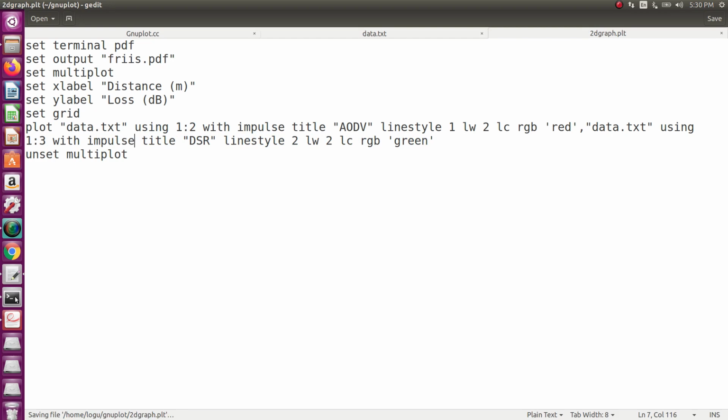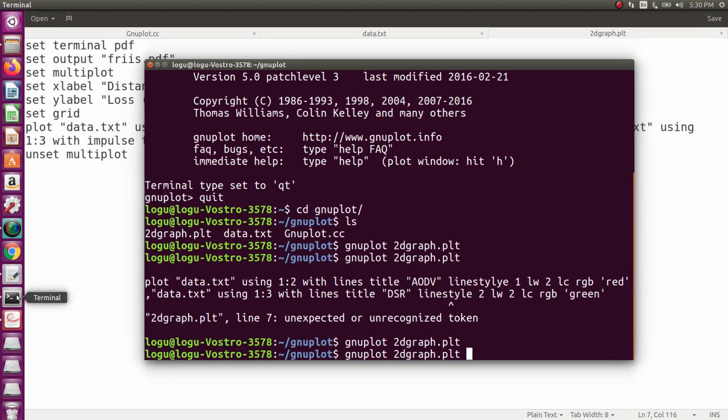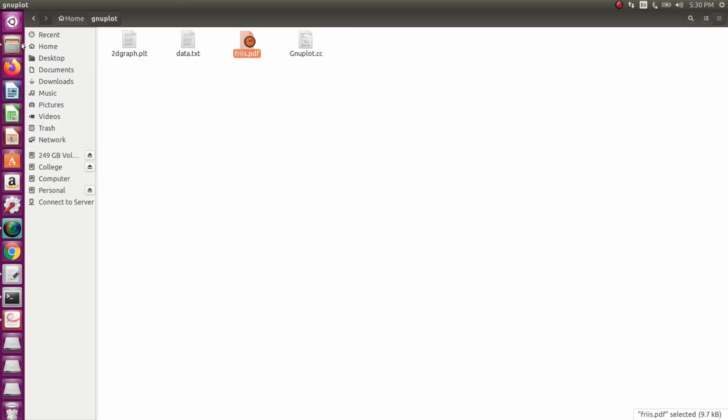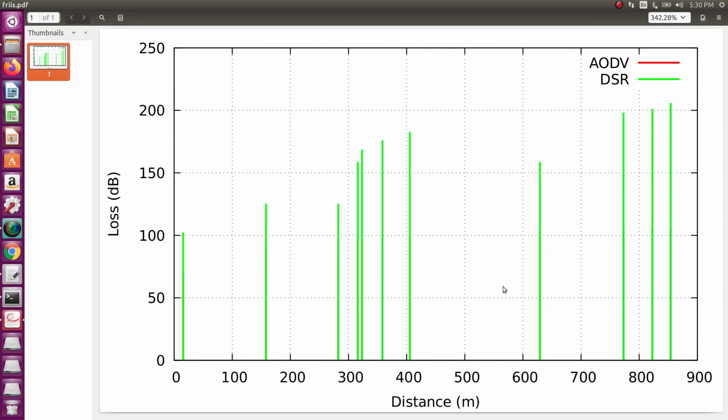Then you have to run it and open that file. So these are impulse.